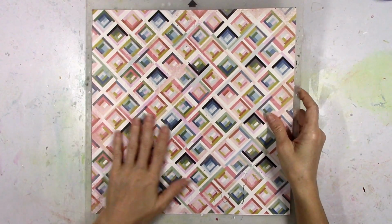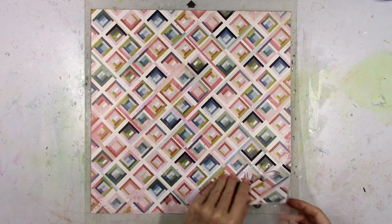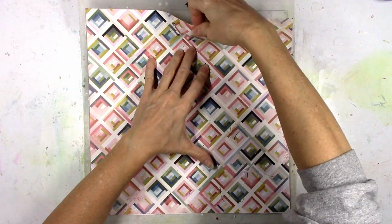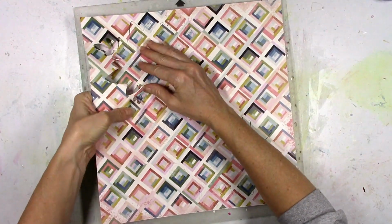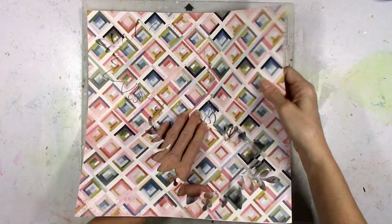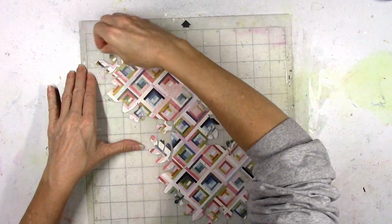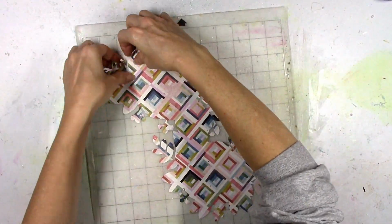I went ahead and cut my cut file on pattern paper. This is one of the Heidi Swap papers. I think this one comes in the paper kit, but it's a really pretty pattern with all kinds of pinks and yellows and blues. And I used the floral cut file, but I duplicated it, so I had two of